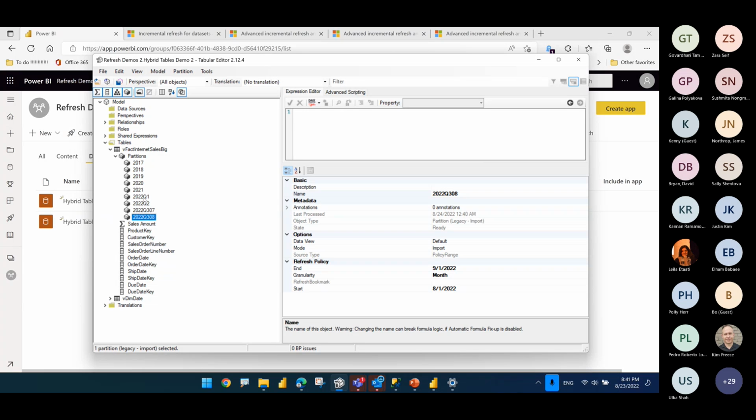So it recognizes that it can bundle up the first 3 months into Q1, the second 3 months into Q2, then it has to create a 1 month to get to August. Because remember, if you have too many partitions, you're going to hurt your refresh performance. You want to have a balance for how many partitions you're creating. If you create hundreds of them, or if you start creating daily partitions for every second day, your actual refresh is going to be slower.